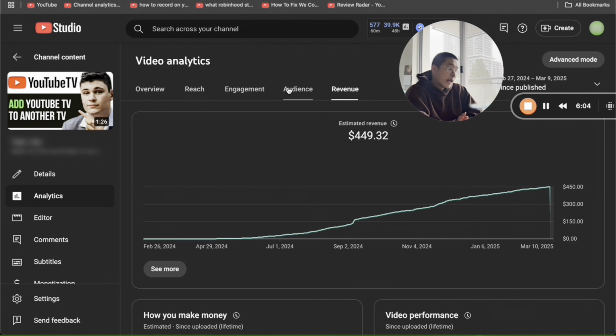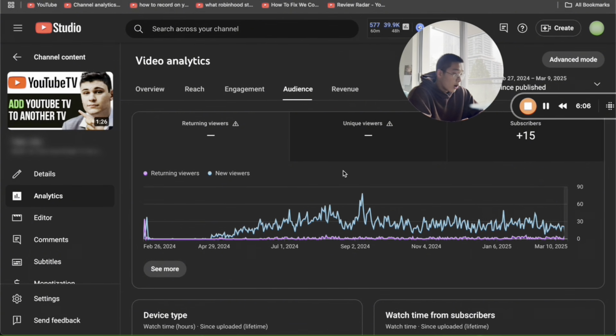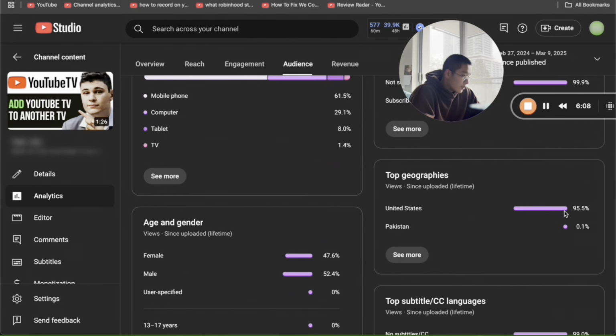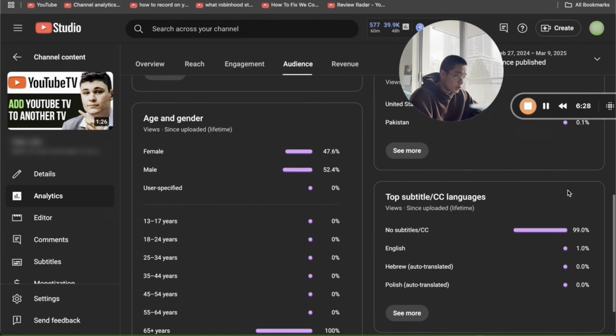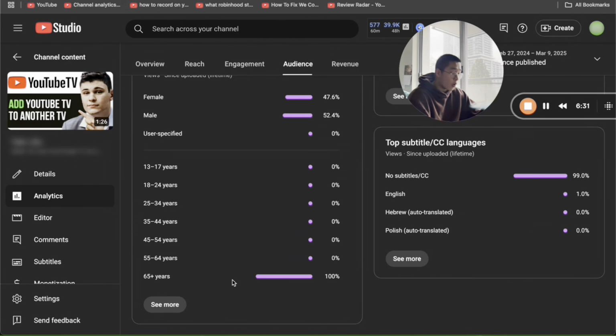Also, I want to show you guys the demographics. Like I said earlier, because we were able to reverse engineer, if we go over to the audience side of things, this obviously worked because 95.5% of our views on this piece of content is from the United States. Obviously, here and there, maybe some people outside of the US will watch this piece of content if it ends up in their recommended, or if they just happen to scroll across my channel, who knows. 0.1% Pakistani, but the majority of our content, also you can see how old our audience actually is. It seems like all of our views are from really old individuals, 65 plus years old.